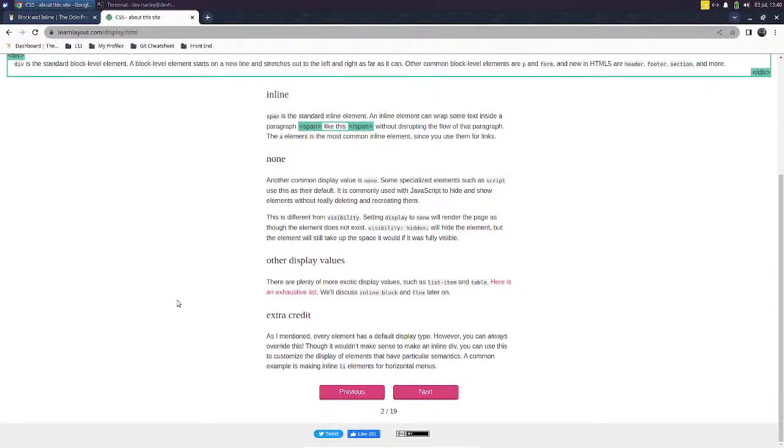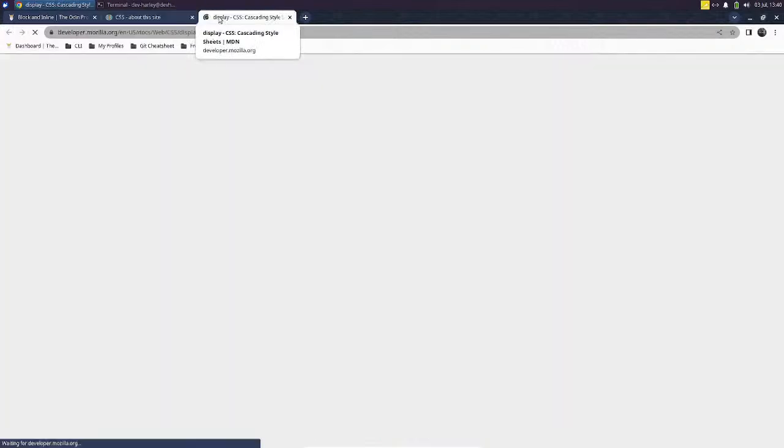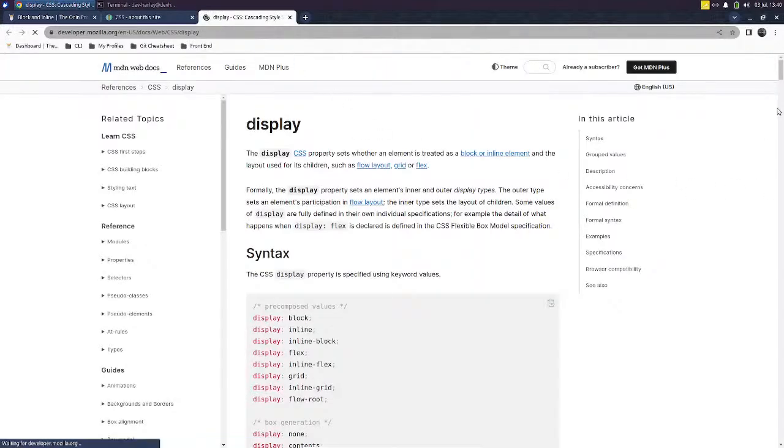Other display values. There are plenty of more exotic display values such as list item and table. Here is an exhaustive list. We'll discuss inline block and flex later on. So here is a list of all